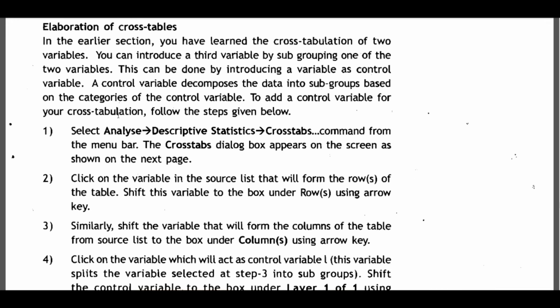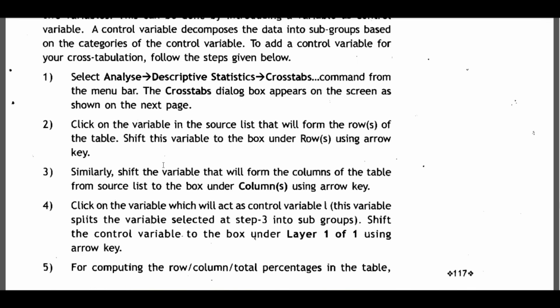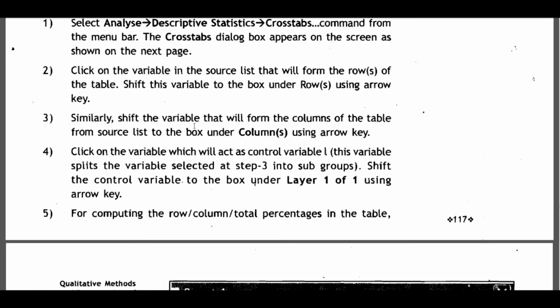To add a control variable for your cross tabulation, follow the steps given below. Select Analyze, Descriptive Statistics, Crosstabs command from the menu bar. Then the Crosstabs dialog box appears on the screen as shown in the next page. Click on the variable in the source list that will form the row of the table. Shift this variable to the box under rows using the arrow key. Similarly, shift the variable that will form the column of the table from the source list to the box under columns